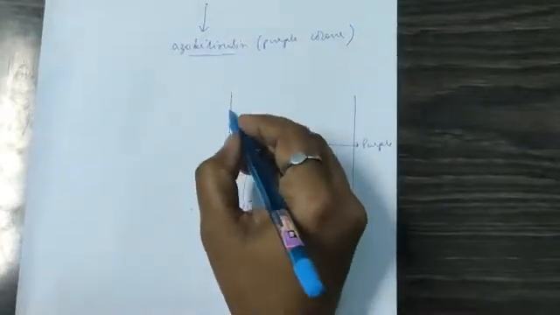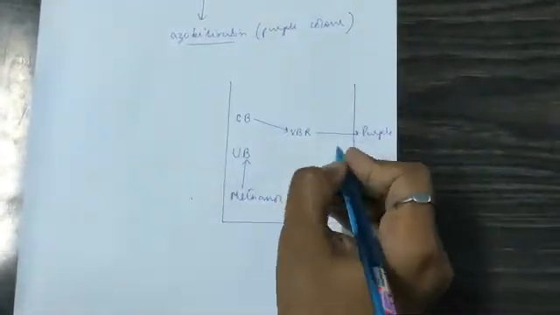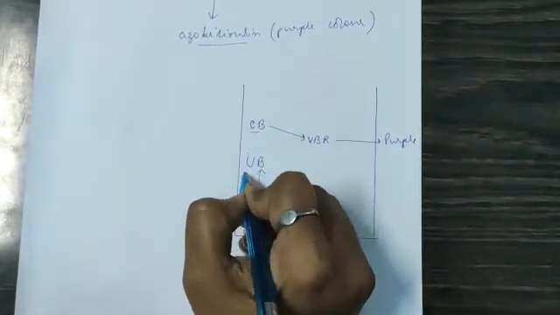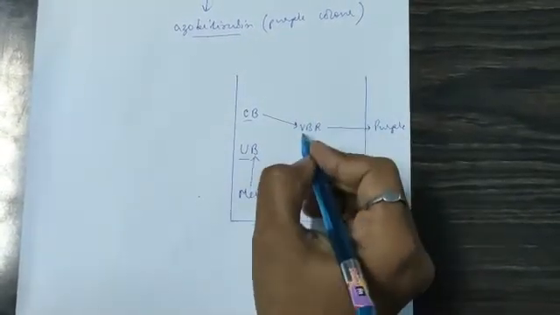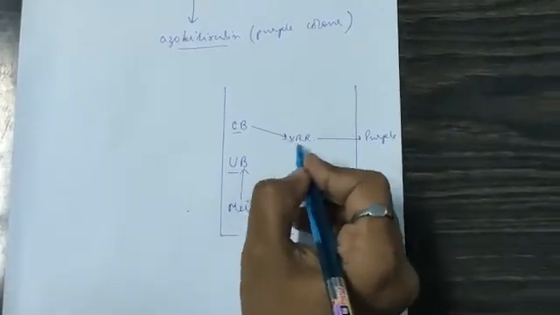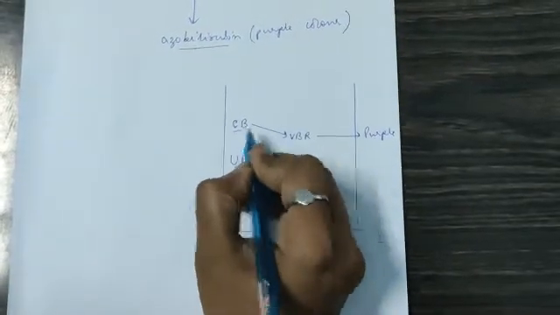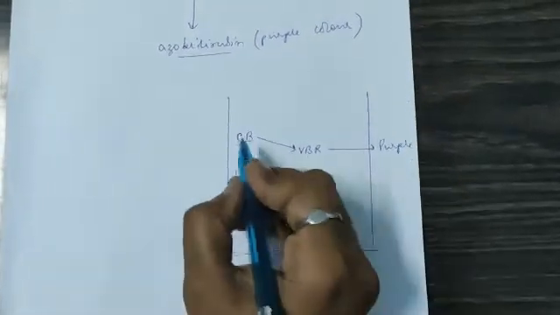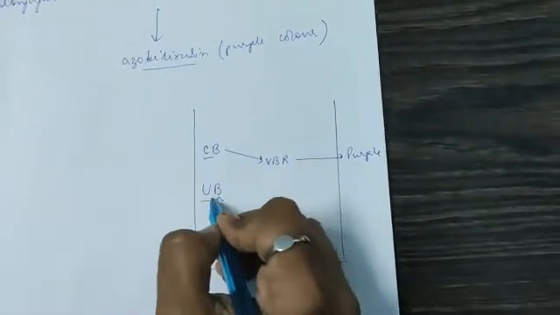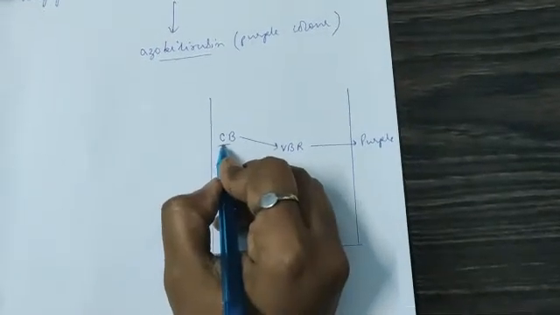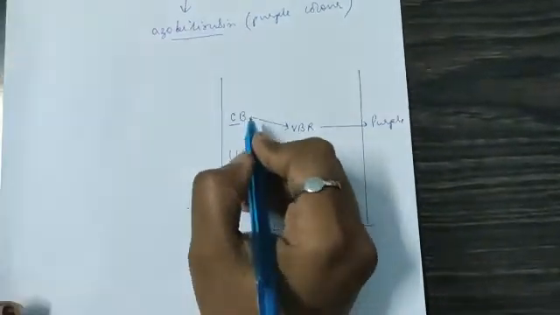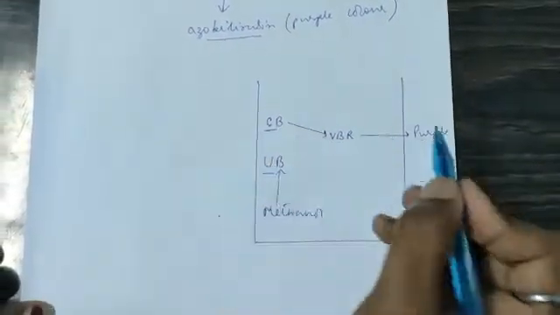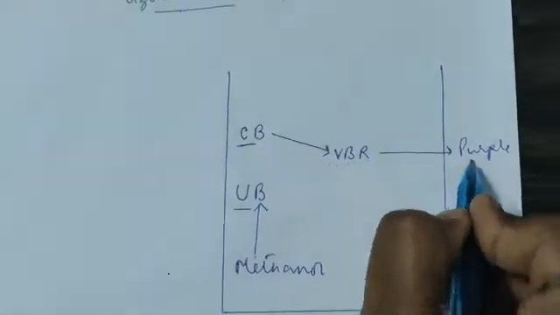Now when we will be doing the test, we take the sample in a test tube, which will contain actually conjugated and unconjugated bilirubin both, and then when we add the Vandenberg's reagent, I have written it in short form. The conjugated bilirubin will react with Vandenberg's reagent to give the purple color, because Vandenberg's reagent combines only with the conjugated bilirubin, not with the unconjugated one, because conjugated is the soluble one. As I have already said, the bilirubin as such is insoluble. When it is conjugated, then only it is soluble. So it combines with the conjugated bilirubin to give the purple color.